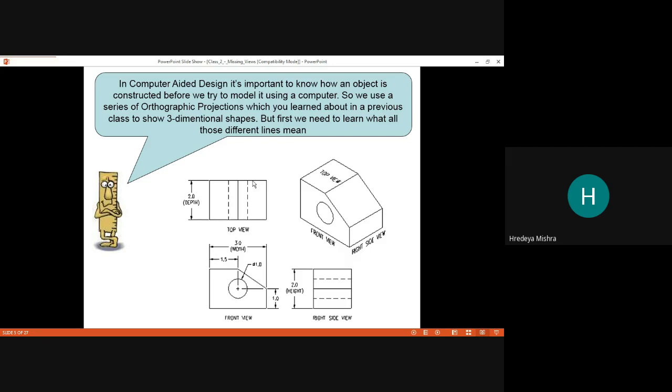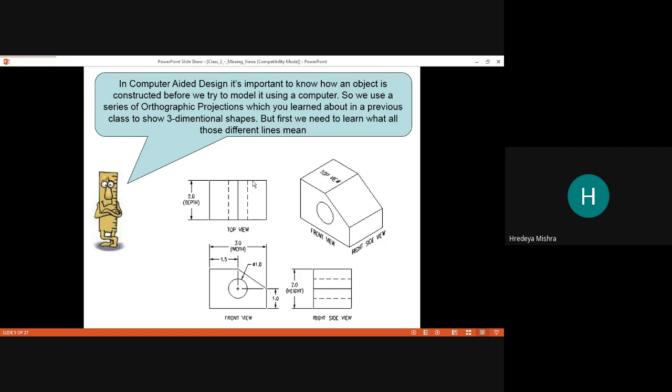We use a series of orthographic projections which you learned about in the previous class, which I already discussed with you. What is the orthographic projection or multi-view projection? Both are the same, which you learn about a three-dimensional shape.